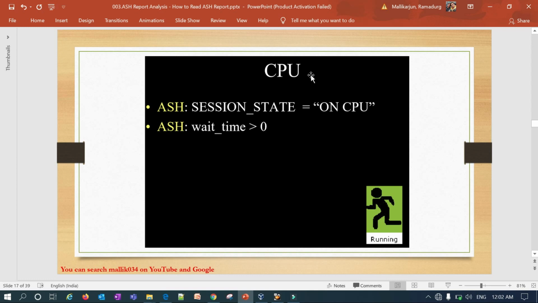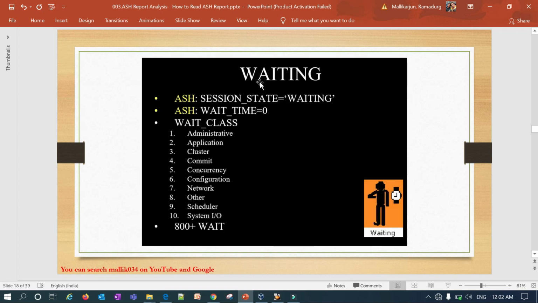And CPU is the running state. You can see session_state is ON CPU, or wait_time is greater than 0. If you query this particular where condition, you will see the running state. And if session_state is WAITING and wait_time equal to 0, the wait classes are administrative, application, cluster, commit, concurrency, network, other, and scheduler, like 800 plus wait events.